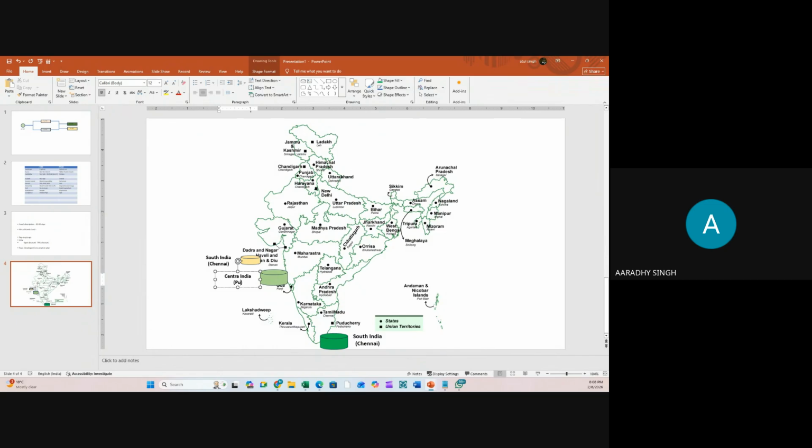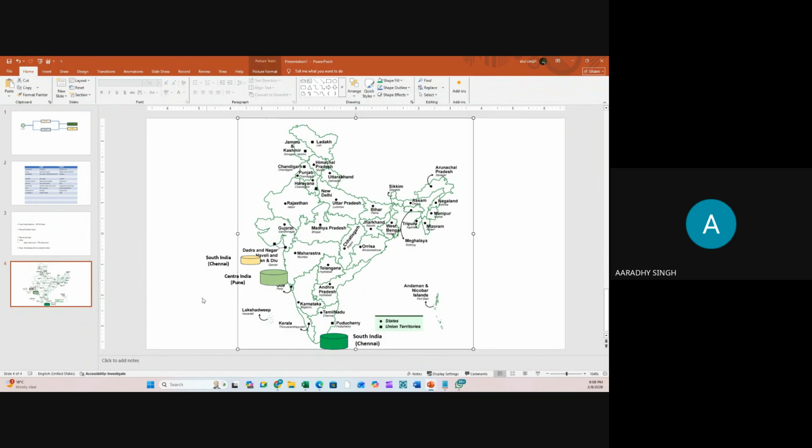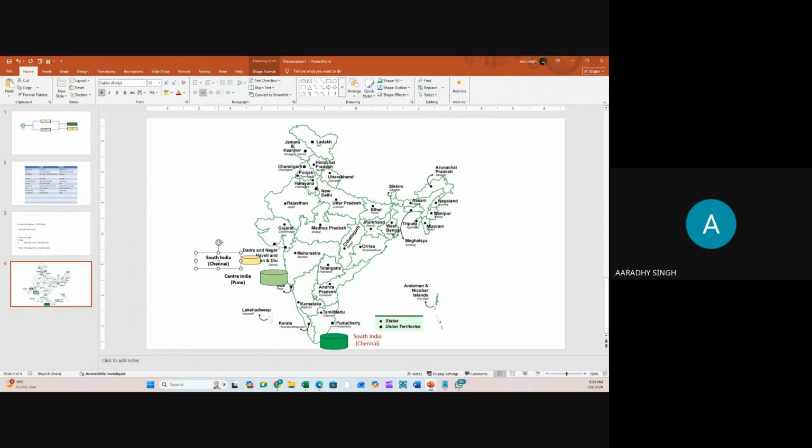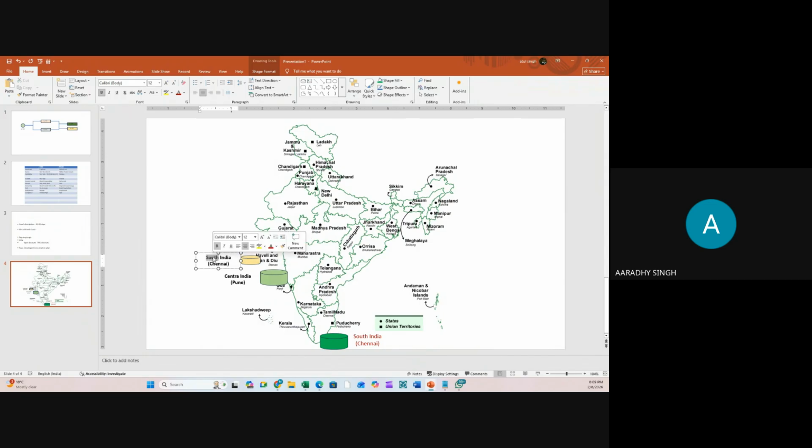So guys, for any customer who is from South India, tell them to use the South India data center or South India region. Any customer who is from Mumbai, I'll suggest you recommend them to go with Mumbai. It's West India. West India means Mumbai. I'll tell you the reason behind it.